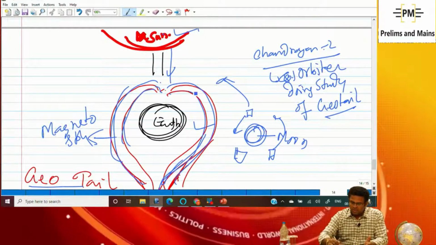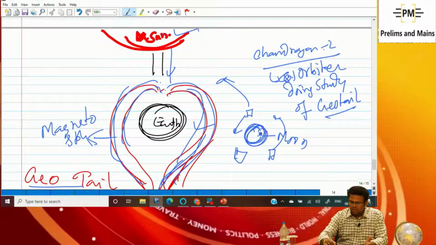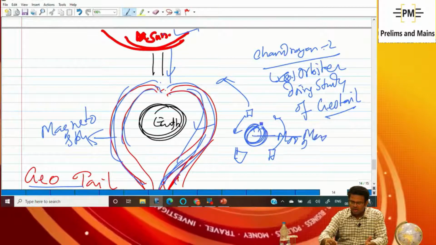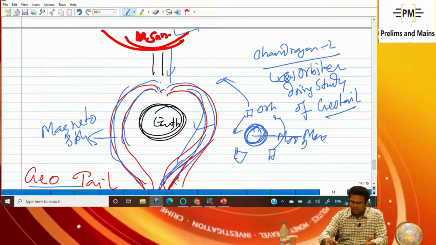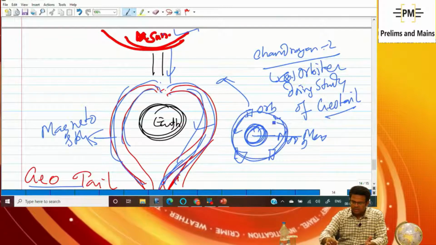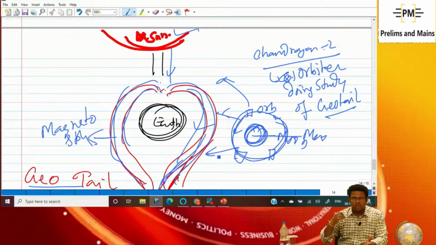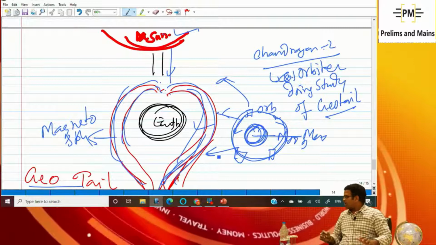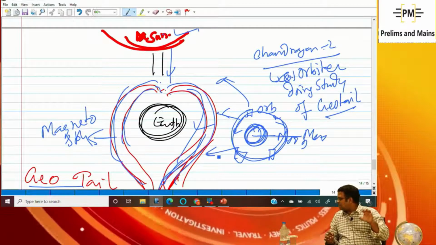So who can study the geotail? If it is the moon, around the moon our orbiter is there, yes. This orbiter is moving around the moon and keeps on studying the geotail. So our orbiter of the moon is studying about